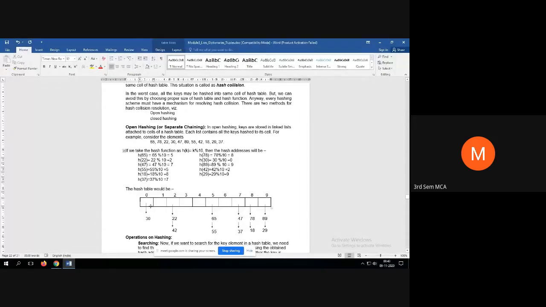So instead of storing the element 30 directly here, this 30 will be stored in the linked list, and the address of the linked list is stored in index 0. Similarly, here there is a linked list which contains two elements, and its address is stored in the second index. So this solution is called open hashing, or separate chaining hashing.